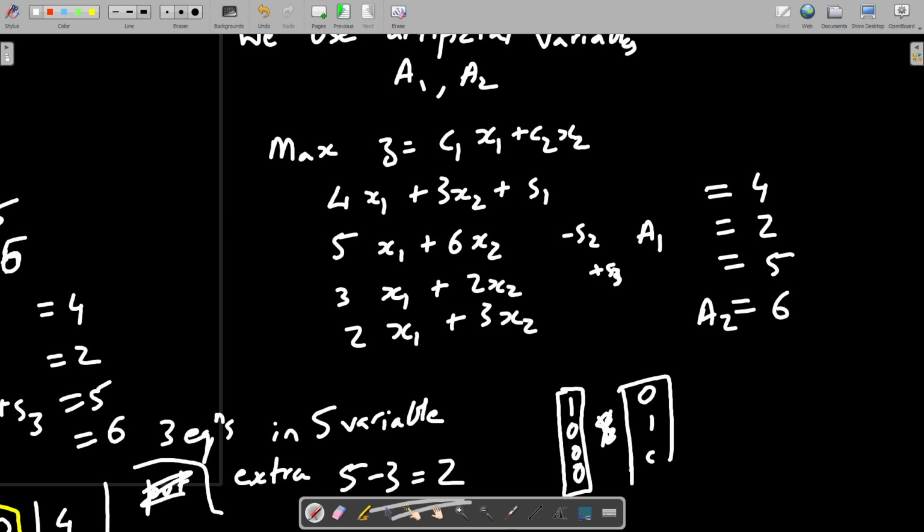This will be 0, 1, 0, 0, and again the S3 column as it is, so S1, just hold on, S3 is coming next.